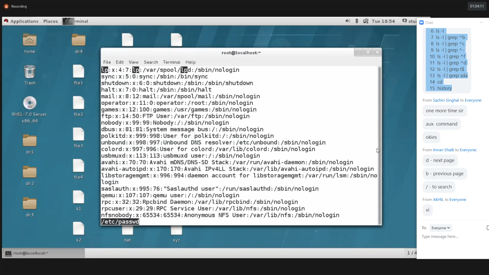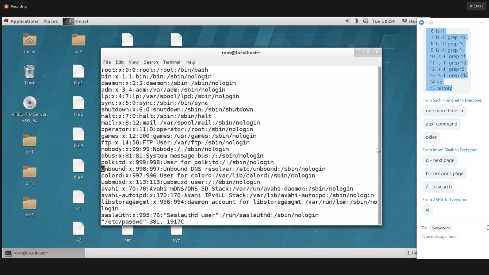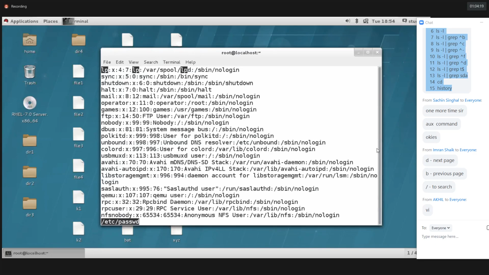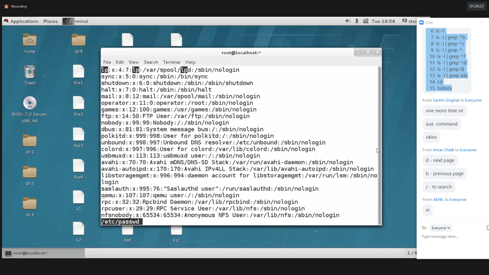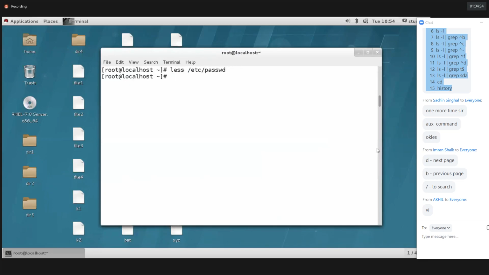Then Escape, colon WQ to save and quit. I'm back to the less command now. So VIM editor, guys, small v for the VIM editor. Now WQ to save and quit, and I'm back to the less command. Q quits from less.